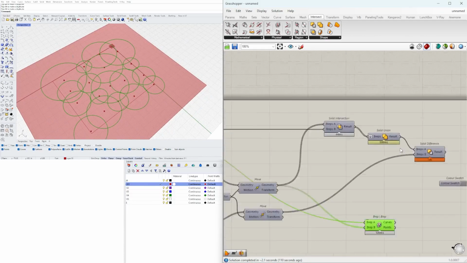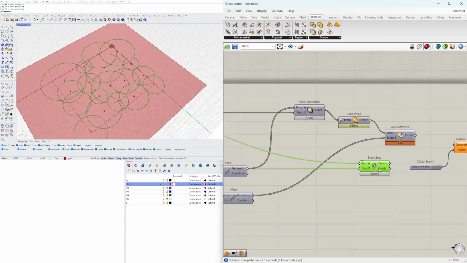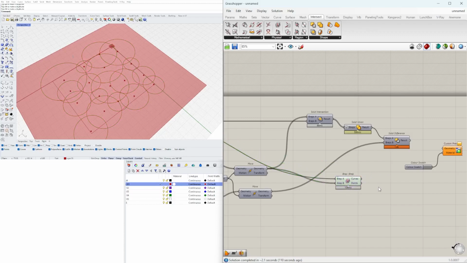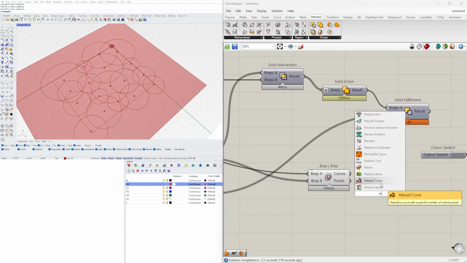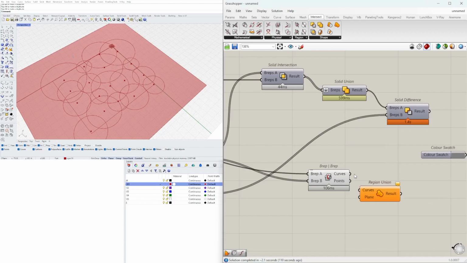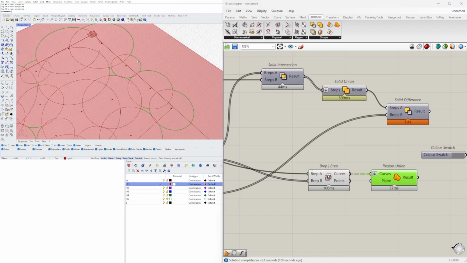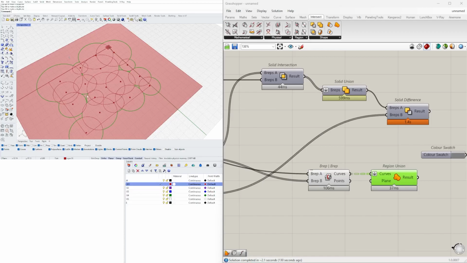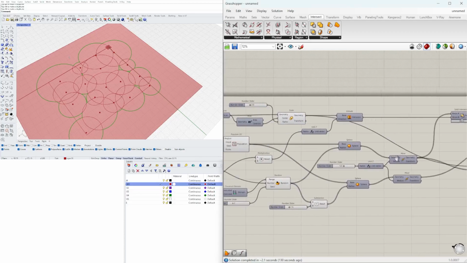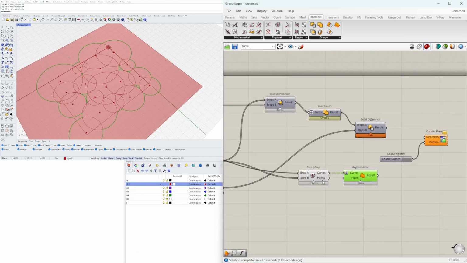So in the same way that you have solid union, you have something here called region union. Notice that it comes in with this dashed line, which means that it's a grafted set. So we'll flatten it here. And notice that now we have only the outside face of it. So with this,